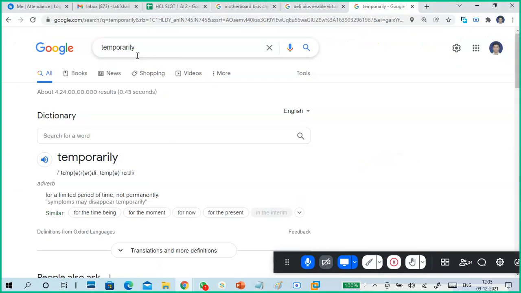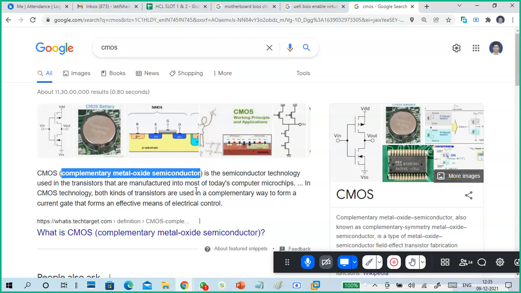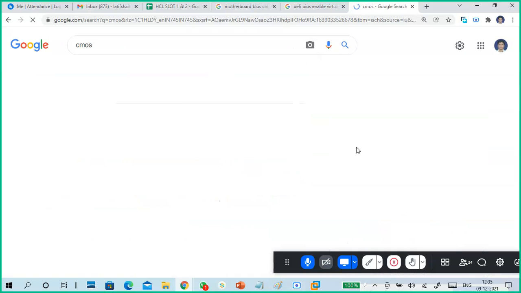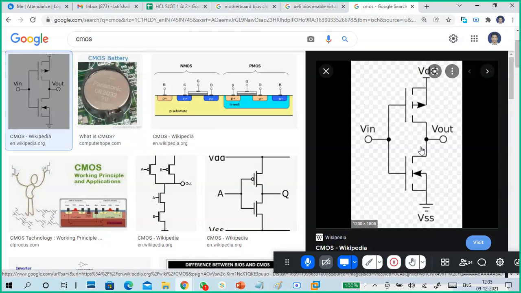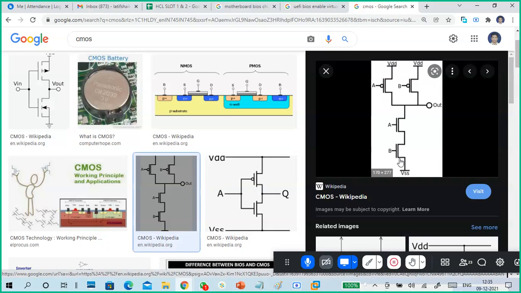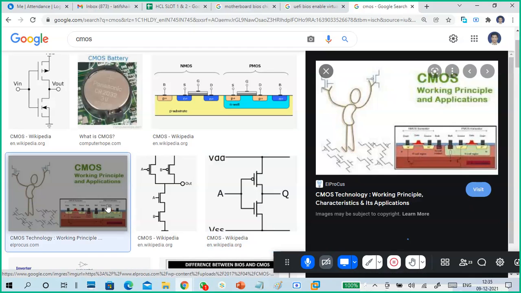Yeah, CMOS abbreviation. Complementary metal oxide semiconductor. So we immediately describe the CMOS battery. See, the CMOS battery is appearing, but it is a 3 volts lithium battery only. But the original CMOS is the transistor circuit, NMOS and PMOS combination. So you can see multiple things. The representation is different. Logical gates are very easy to configure. This is how it is inside